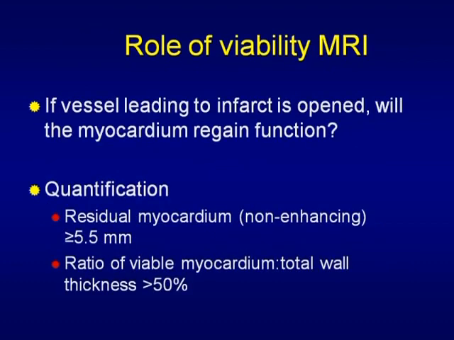And the role is mainly to say, in infarcts, if you have an infarct in the LAD distribution, if we opened up that LAD, would the patient regain any function by opening it up? Or is it just all dead tissue that's never coming back? And the answer is, if the enhancement takes up 50% or greater of the entire thickness, we assume that the patient's not going to regain significant function. Whereas if less than 50% of that thickness of the muscle is involved by enhancement, scar tissue, then it's worth opening up that